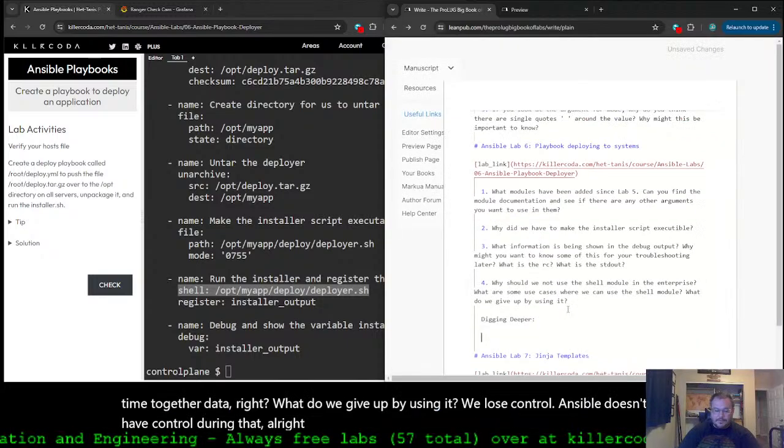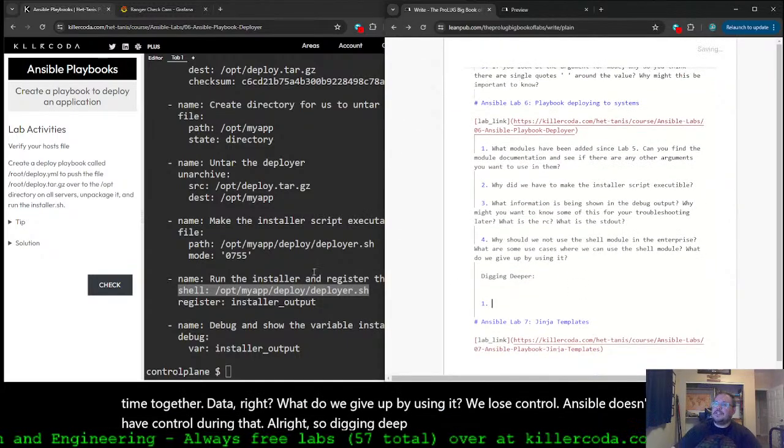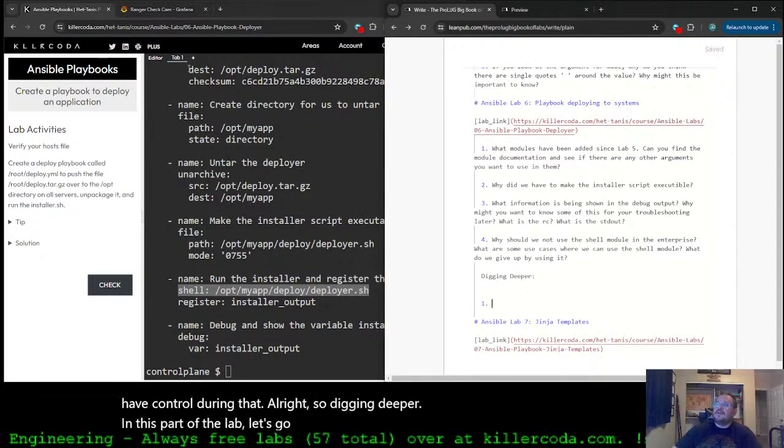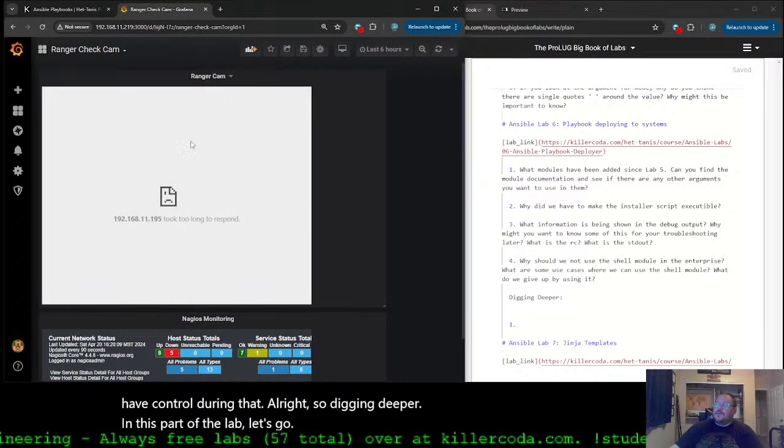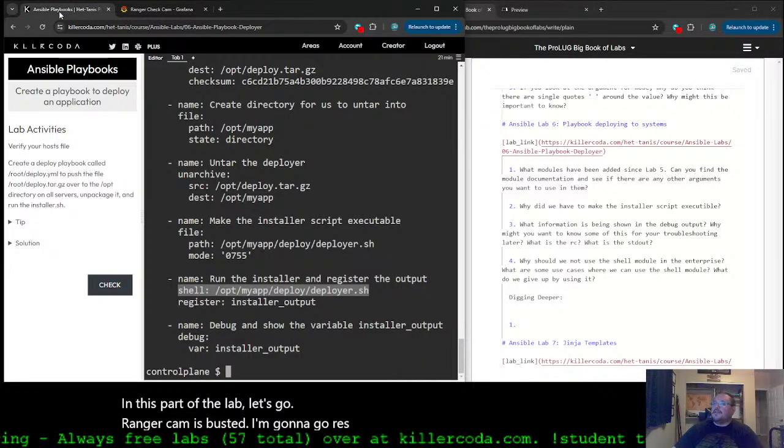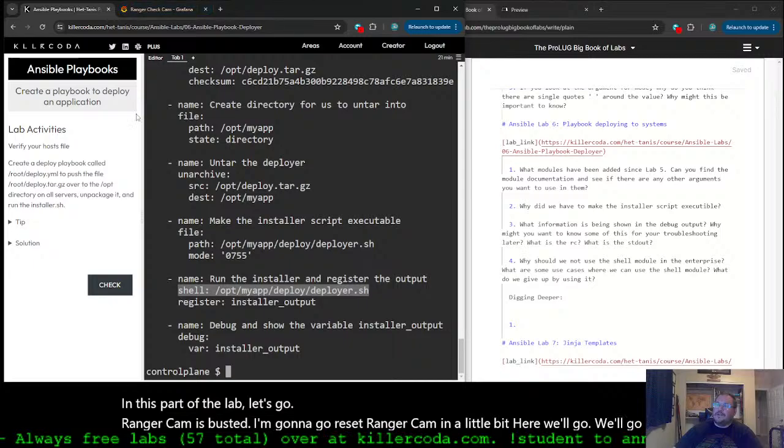All right, so digging deeper. In this part of the lab, let's go. Ranger Cam is busted. I'm going to go reset Ranger Cam in a little bit here. We'll go do a Ranger check here. But